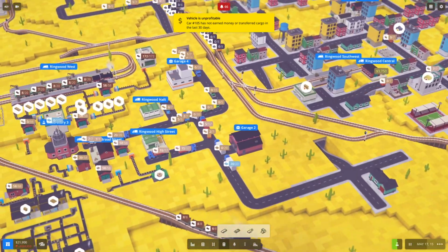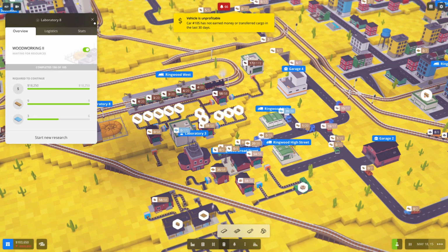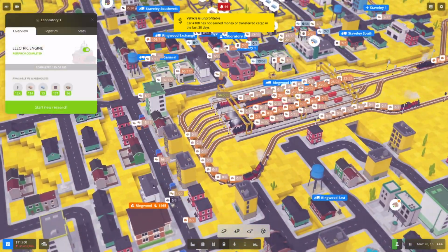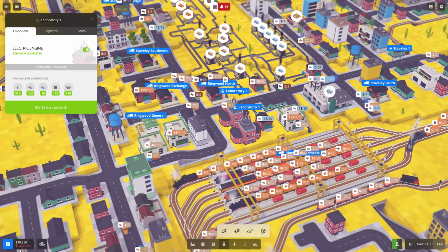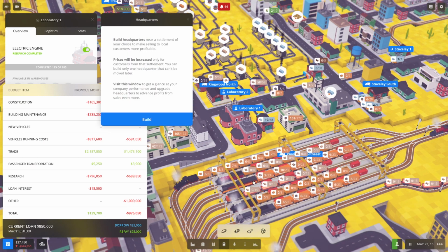Okay, so level 2 woodworking, how many chunks have we done? 158 out of 185. That's fine. Still working on it. We're still working, presumably, on this electric engine 2. Yeah, that's so pricey. That's what's really holding us back, to be honest. I mean, if I have a little look at my... Also, we should